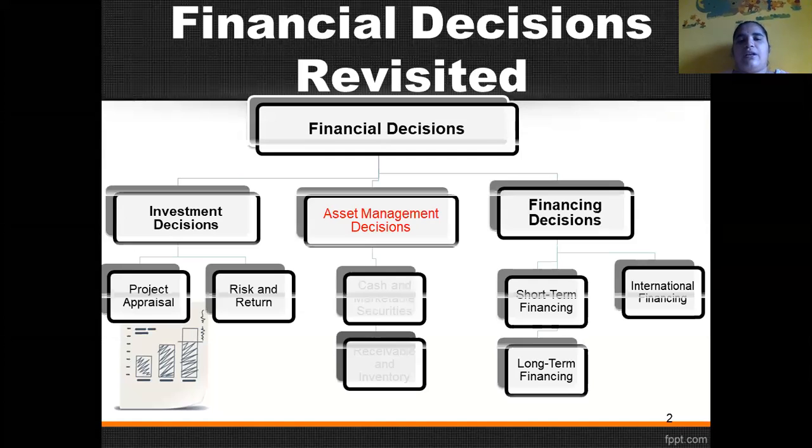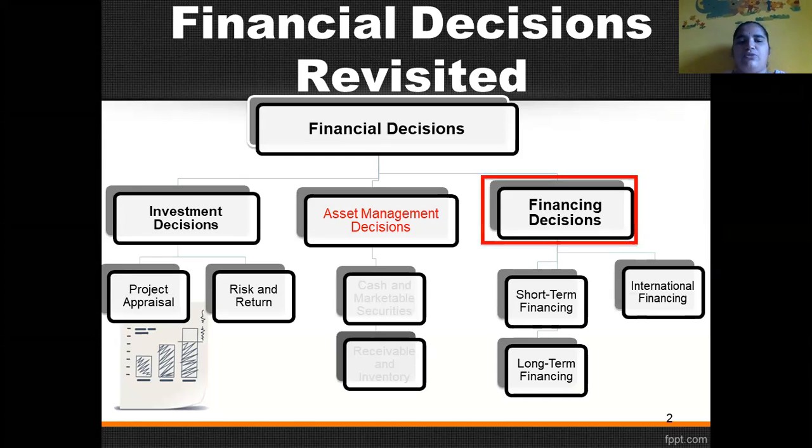Okay, so we'll just revisit the financial decisions. Financial decisions are divided into three types: investment, asset management, and financing. The financing decision includes two types of finance, that is short term and long term, and international financing. So we'll move on to